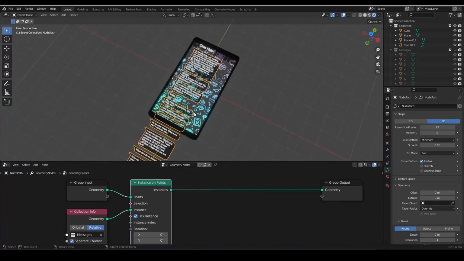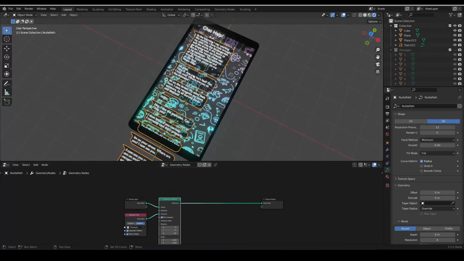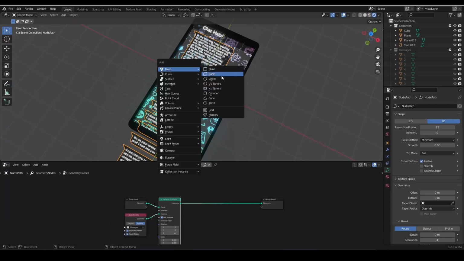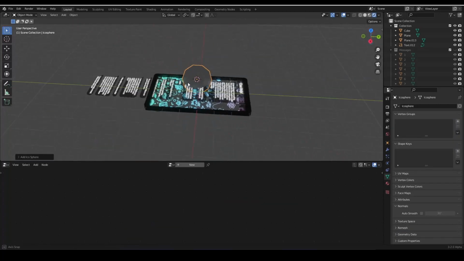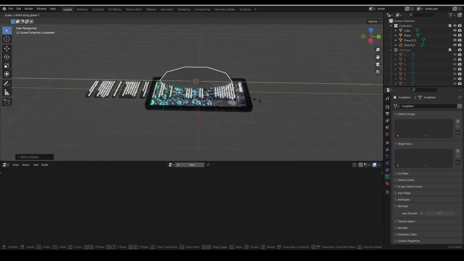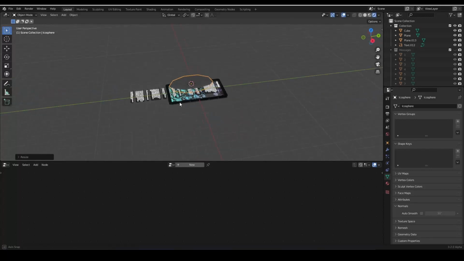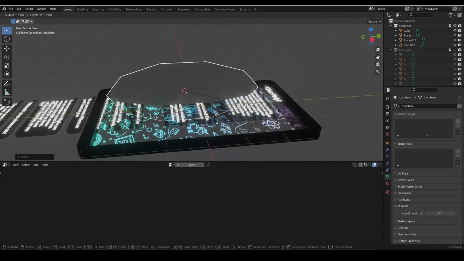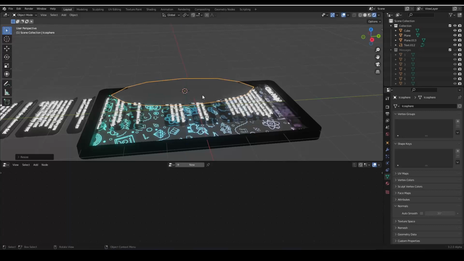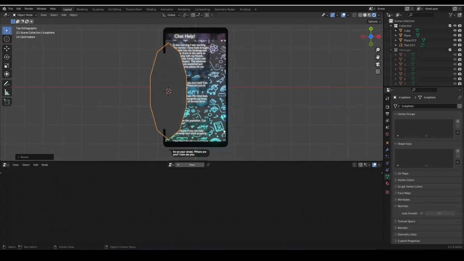And this is how we get the effect. So let me add an icosphere like this, and we would scale it like this, and I would scale it down because it makes it a little bit better,